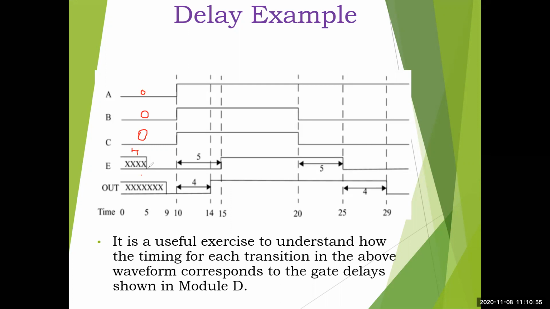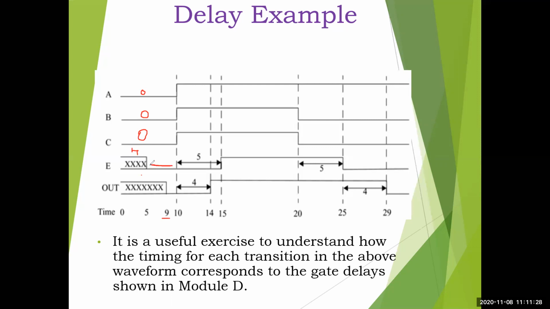Okay, so that's why you see here the first 4 it is unknown, but as soon as it got the value at the fifth delay, so 0.0, A dot B will be 0 here. See here in this region. Okay, so it becomes 0. And then out: initially whatever the E value is there, X, right? X plus C, X plus any value is X itself, right? So it will continue for another 4 time units, so till 9. So out is having the value X itself.